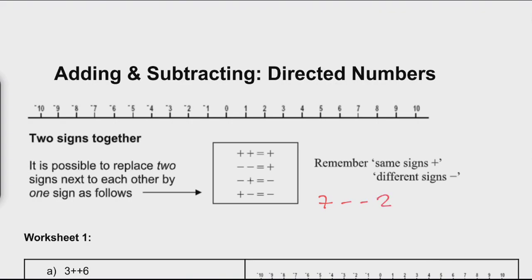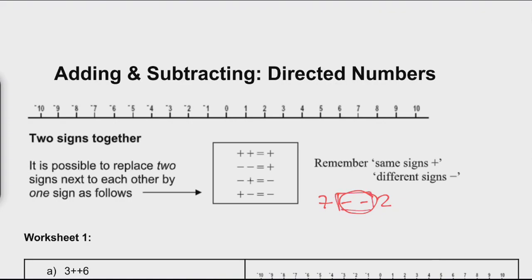In this case, we can actually do something. Whenever we have two signs that are directly next to each other, not separated by an integer, as such, 7 minus 2 would be separated, or minus 7 minus 2 would be separated by integers. So we wouldn't use the rule that I'm about to show you. But when it's not separated by integers and we just have the signs next to each other, we can